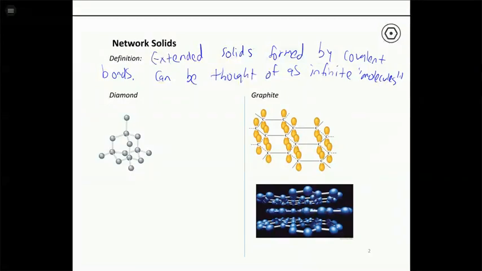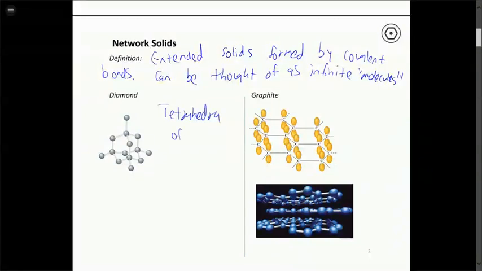So 2 elements that are classified as network solids would be the 2 forms of carbon, diamond and graphite, which we've already discussed in a little bit of other context. So there are 2 major structures for carbon. They're both considered network solids because they both have carbon atoms bonded to each other in all directions for essentially an infinite structure. So we have diamond, which is a tetrahedral structure. If we look at any carbon atom in diamond, like this one, it has 4 other carbon atoms bonded to it,